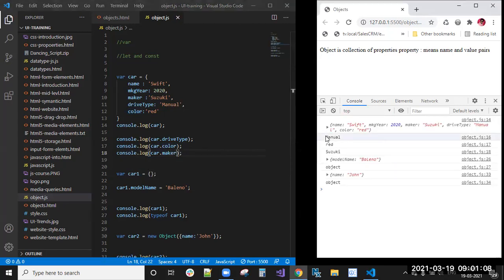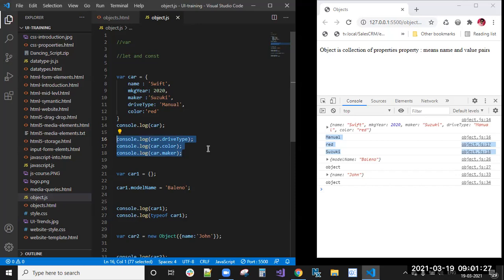Now you can see the drive type is manual, color is red, and maker is Suzuki. So by using dot notation we access the properties of an object.